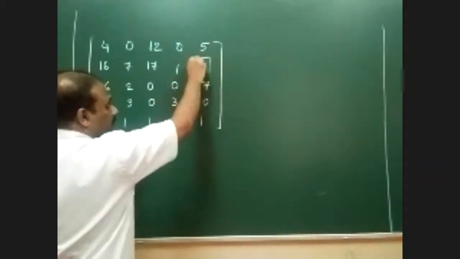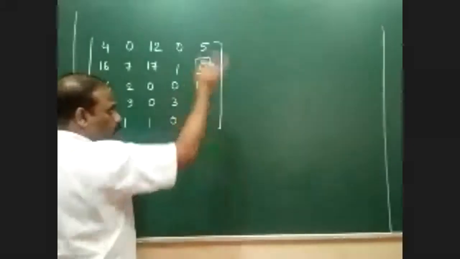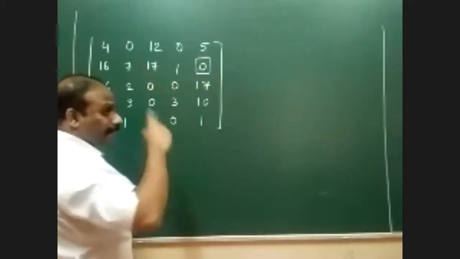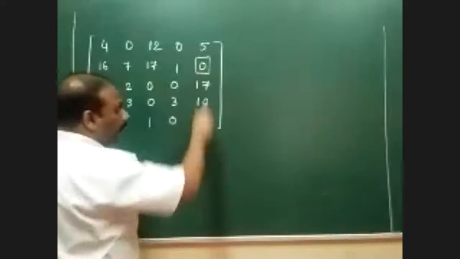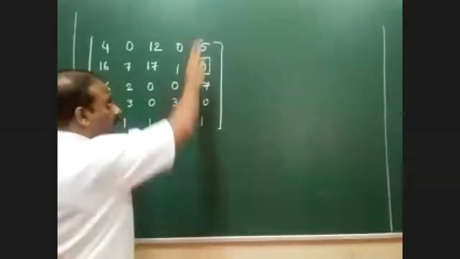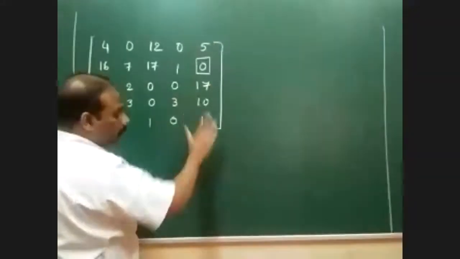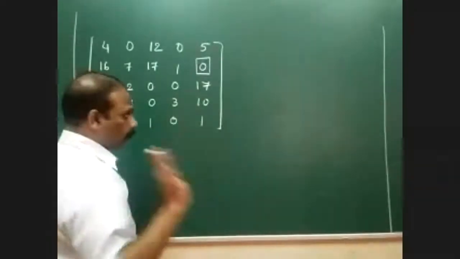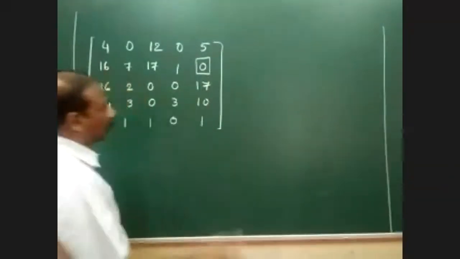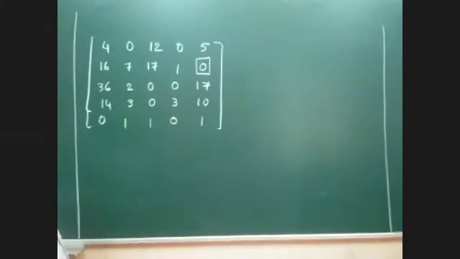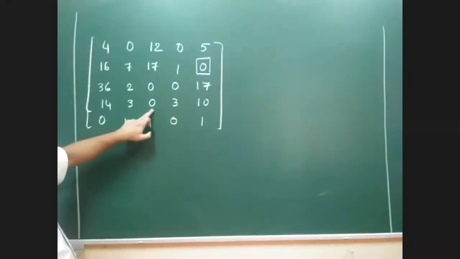If I'm considering this particular value for allocation, you all know that if there are any zeros in that particular column, they have to be blocked. Since there are no zeros in this particular column, there is nothing to block. It's good to go. One thing is done. Now again we'll search for a row with a single 0. Now if you look at the entire matrix, the single 0 is available in row number 4. Here you can find a single 0.